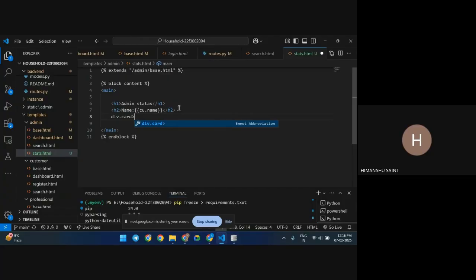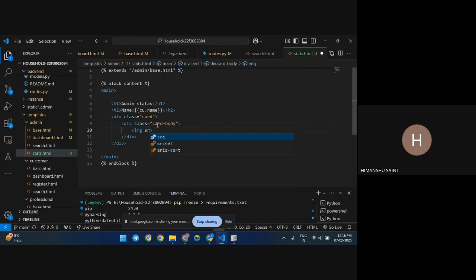I'll say div dot card body. So I made a card, and under that card, I made a card body, and I want to show an image here. Image img,